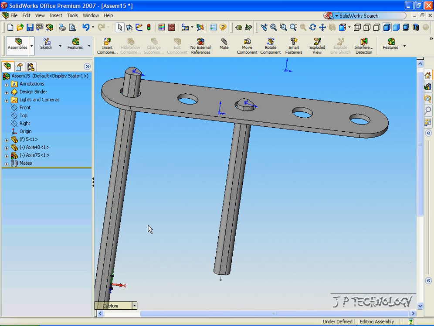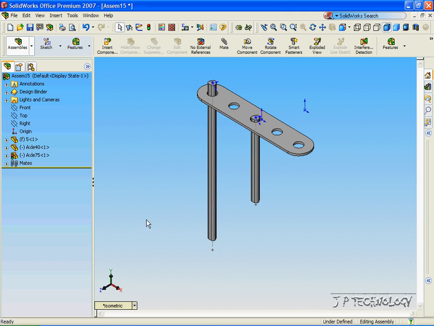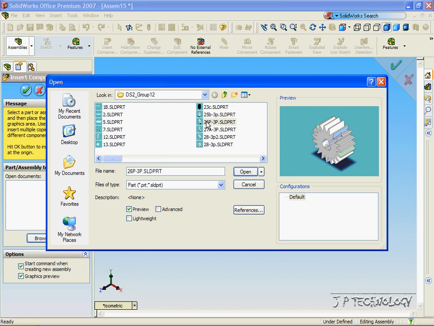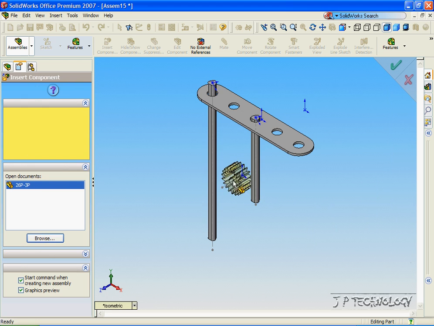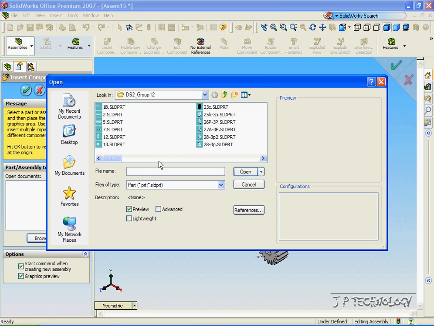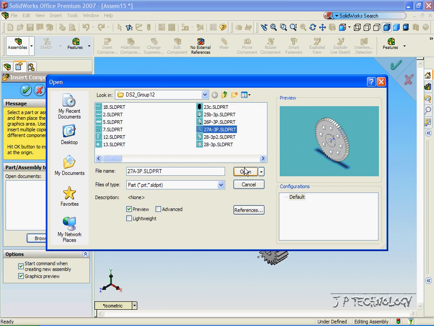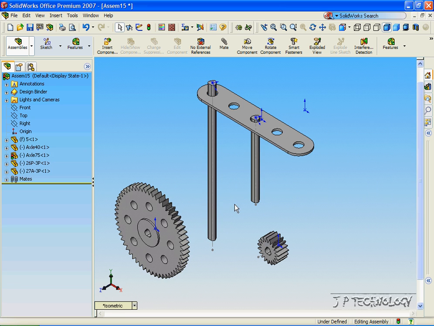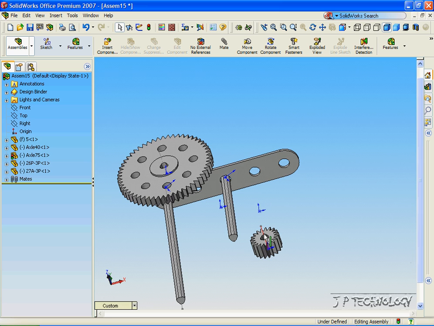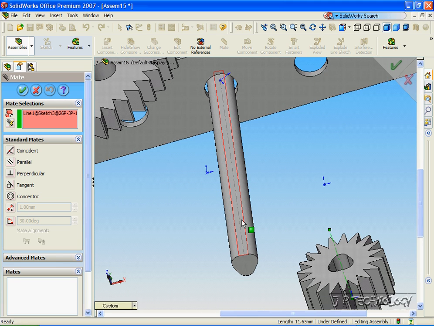Now let's insert the gears. So let's click Isometric View, click Insert Component, click Browse, click 26P 3P, click Open, click inside the assembly, click Insert Component, click Browse, and let's get 27A 3P. Click Open, click OK. Now we're going to get these gears to go onto these two axles. So let's get the smaller gear onto the smaller axle. So let's click the temporary axis of the smaller gear, click Mate, and let's click the temporary axis of the